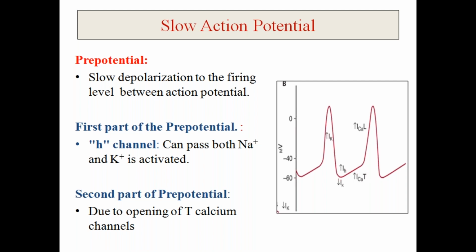At this level of -40, what will happen? There is the opening of another calcium channel, which we call the long-lasting calcium channel. Because of the opening of the long-lasting calcium channel, there will be depolarization, and the membrane potential will move towards zero. And then at the peak of depolarization, this long-lasting calcium channel will get inactivated, and there is opening of the potassium channel, which causes the repolarization. Then the membrane potential gets repolarized, and then becomes a bit more negative and gets hyperpolarized.